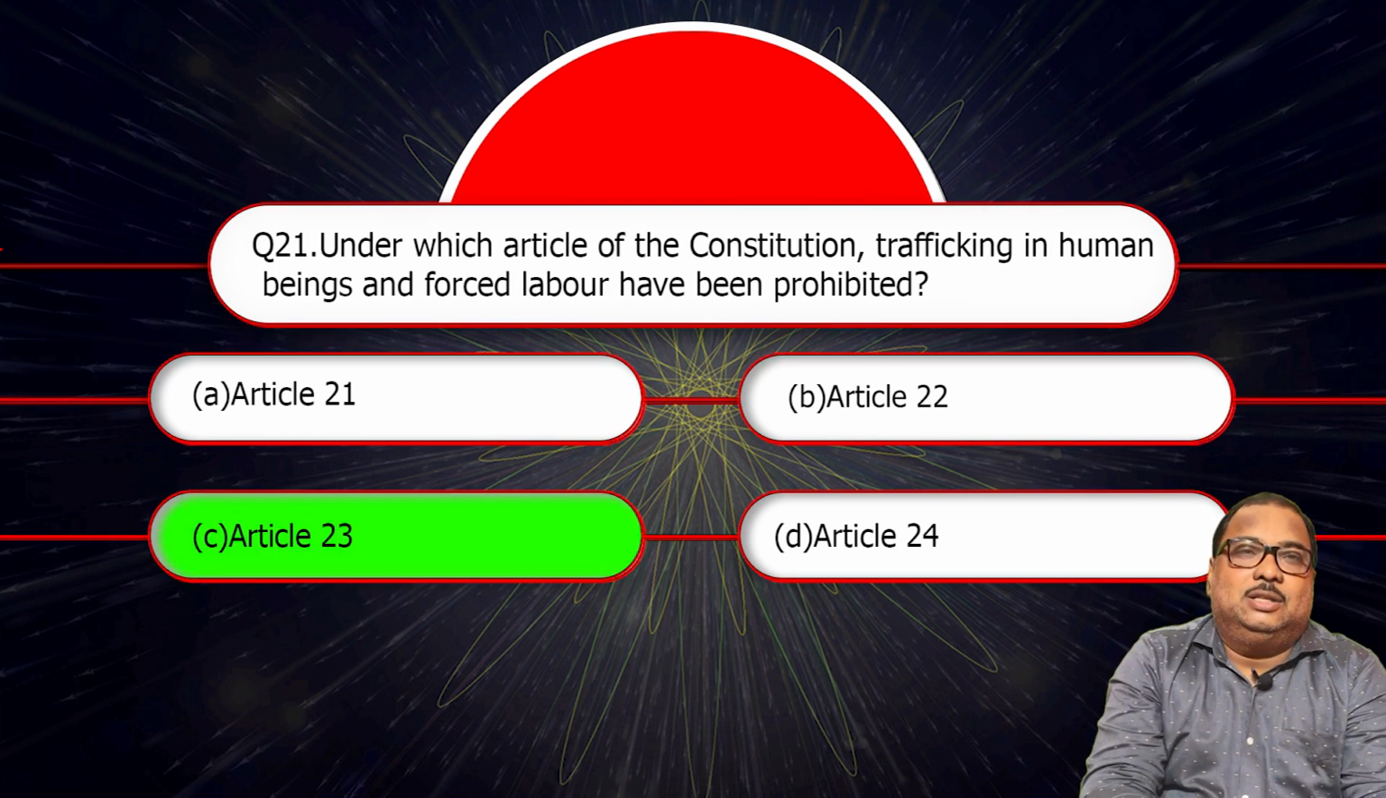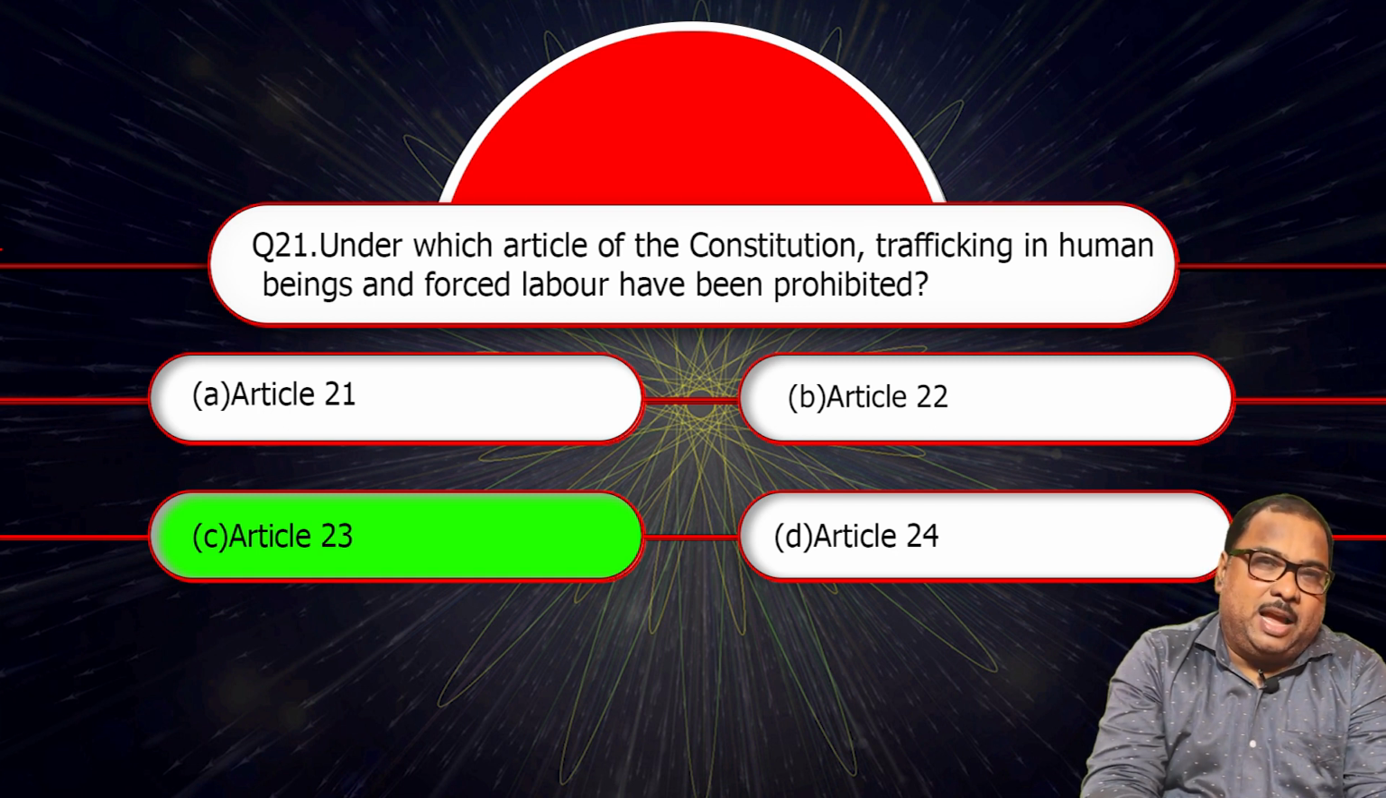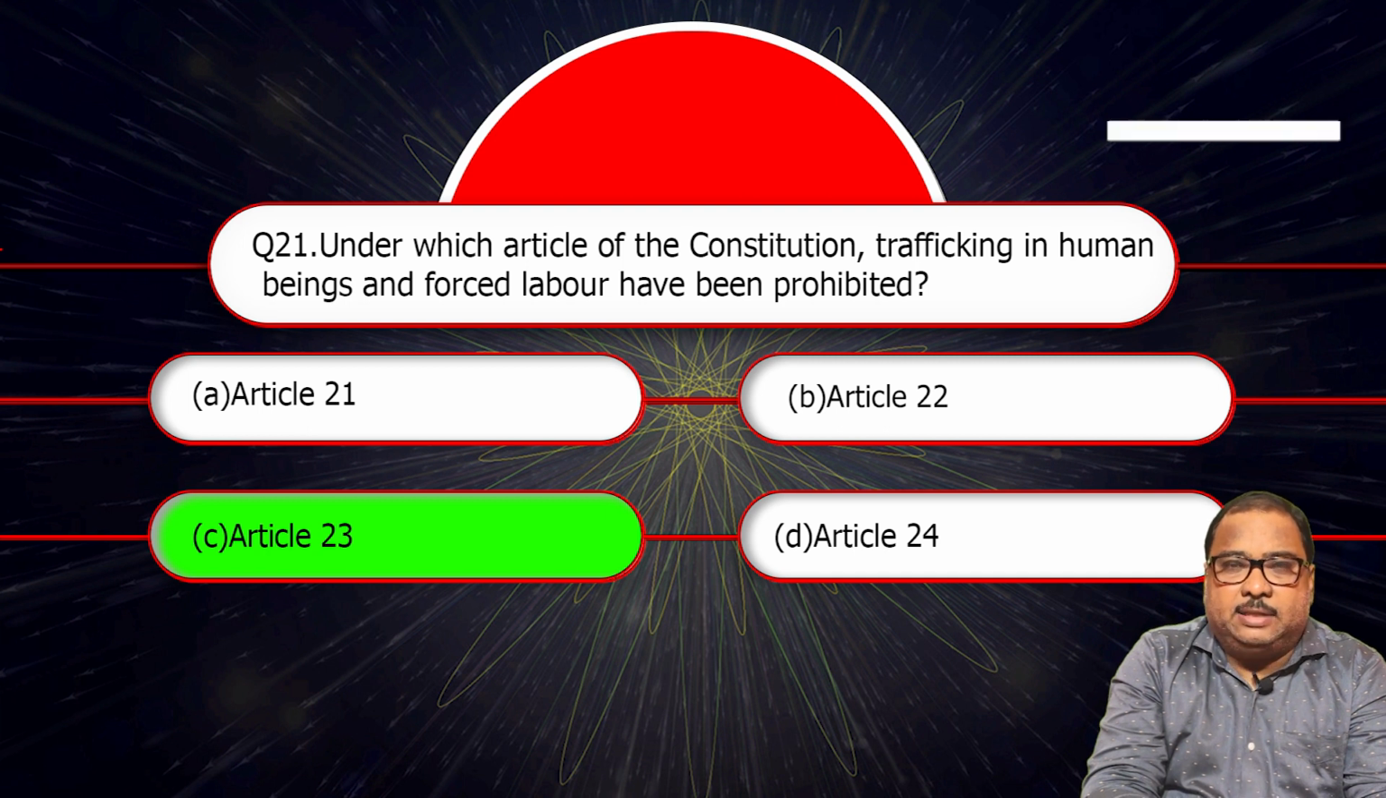The correct answer is option C, Article 23. Trafficking in human being has been a major crime that has been happening in India, and that has been prohibited and banned under Article 23. Trafficking in human being is a punishable crime, and many acts have been enacted in accordance with Article 23 of